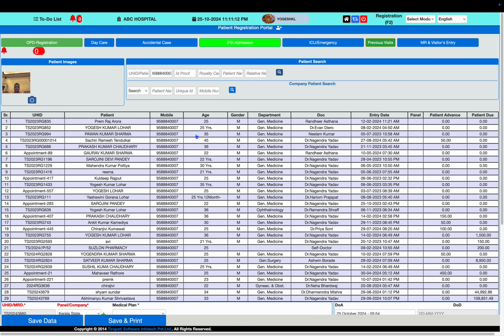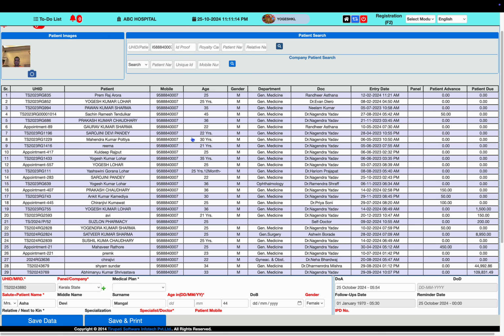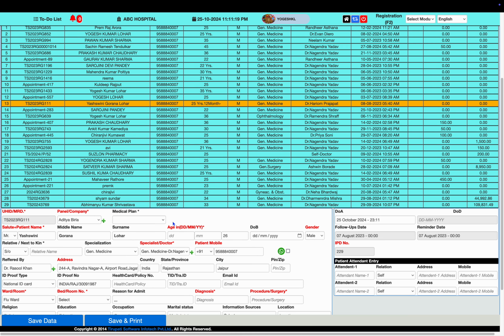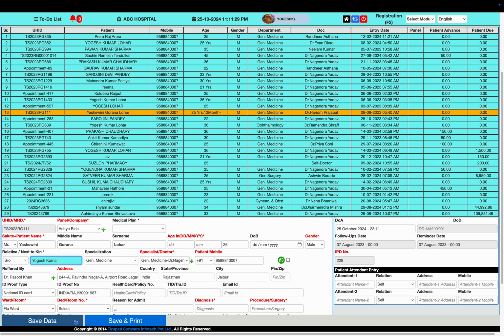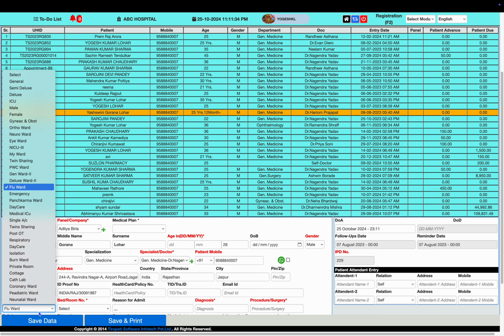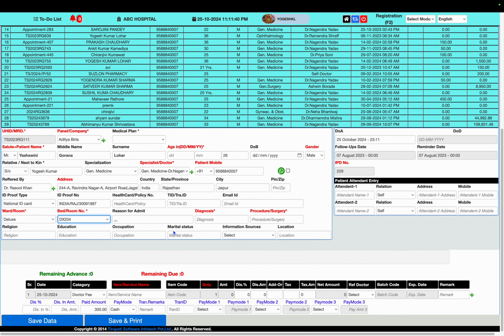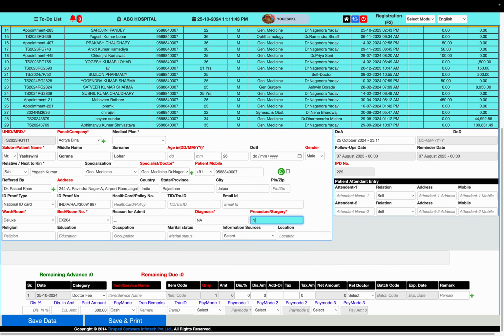This mobile number contains various records of the same mobile. If you select the one to take the service for, you can select it and prepare the OP or IP services for this particular patient. We can save and print, selecting the ward in which we are going to admit, and prepare the admission of the patient.